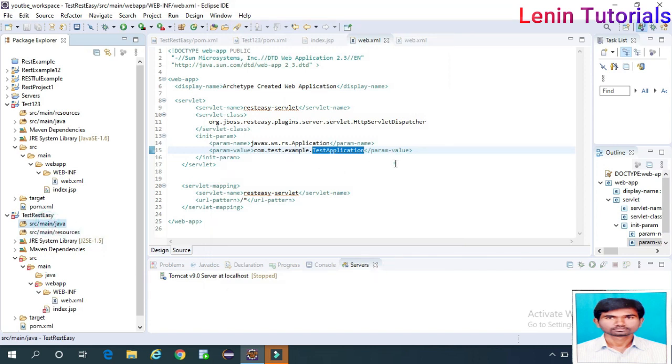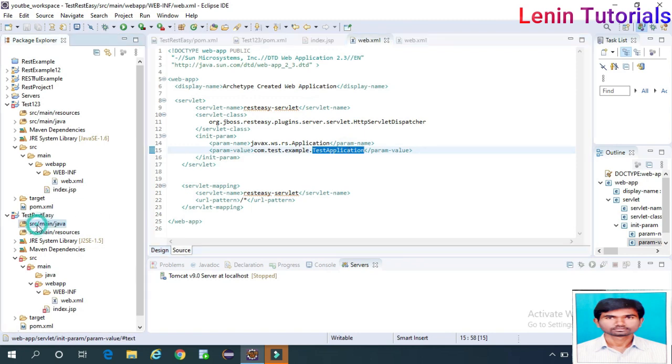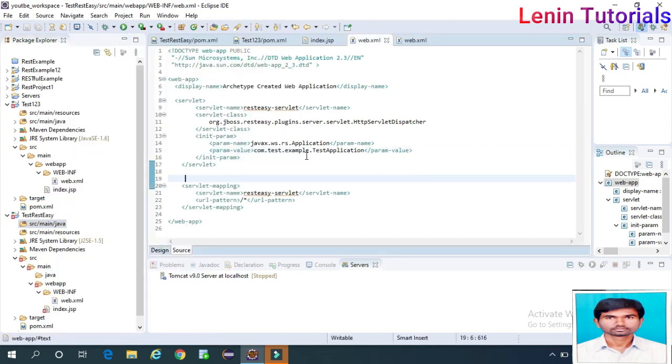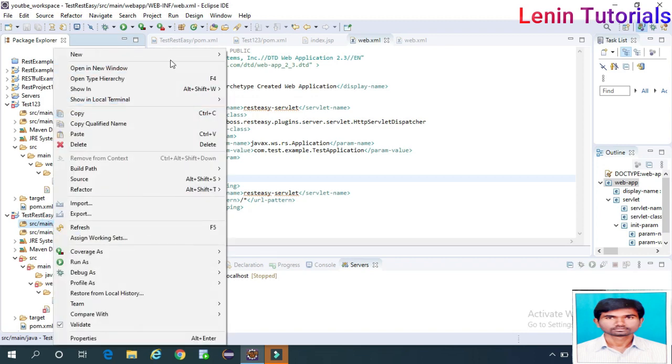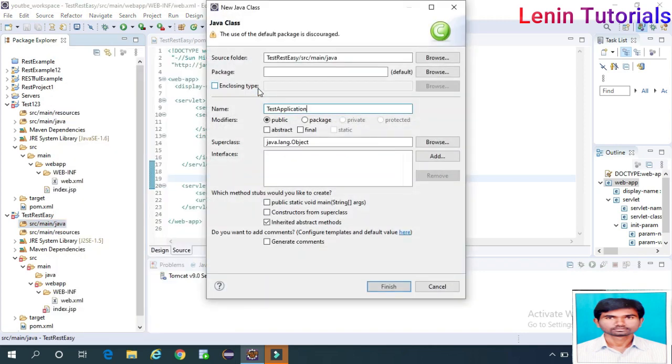Okay, here we need to create test application. Right click. What is that project? com.test.example. A new class. So this one.